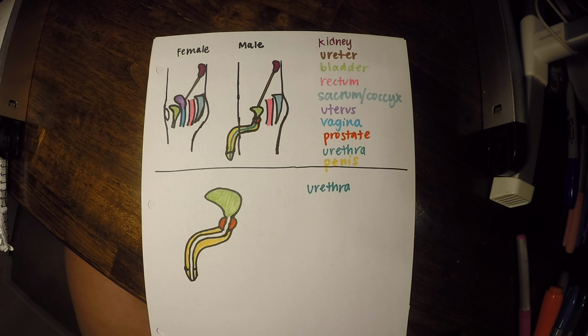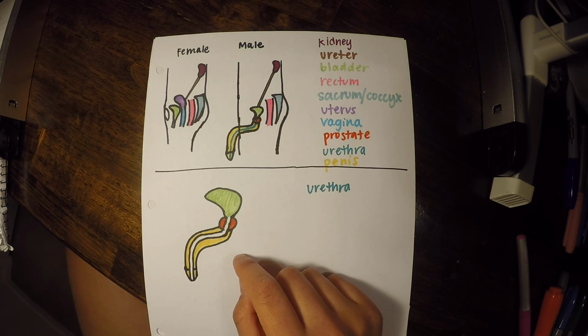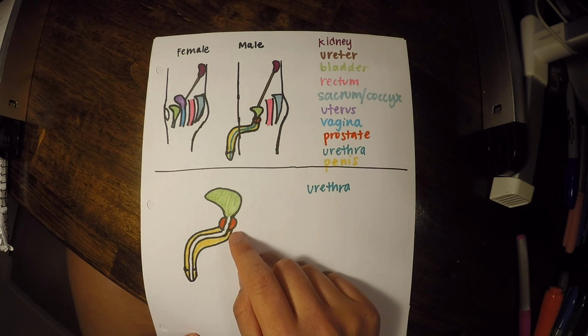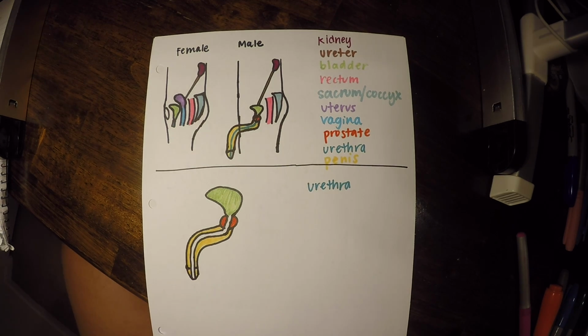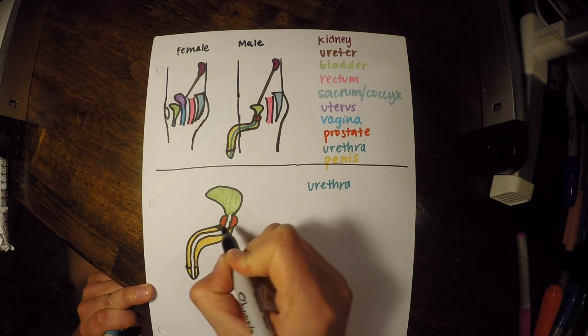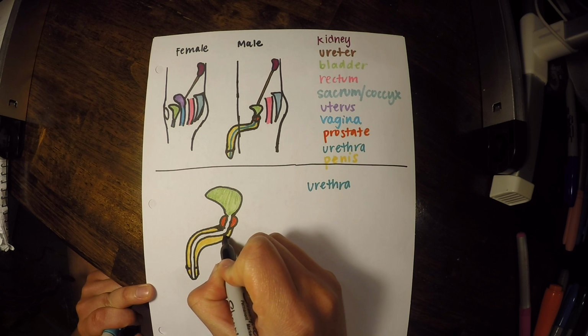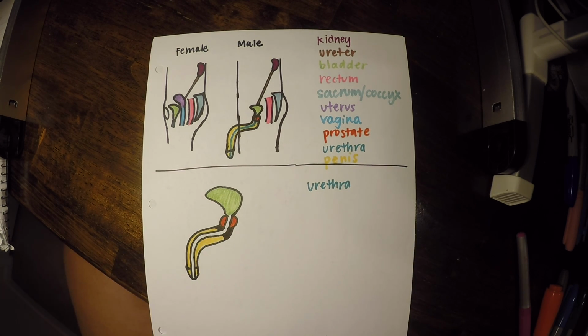for the male one, we're going to have a couple of different parts. So we're going to have the prostatic urethra, then the membranous, and then the penile or spongy urethra. I actually started this penis up a little bit too early, so I'm going to give it a little bit of space here before it starts. Alrighty, so let's talk about those three different parts of the urethra.